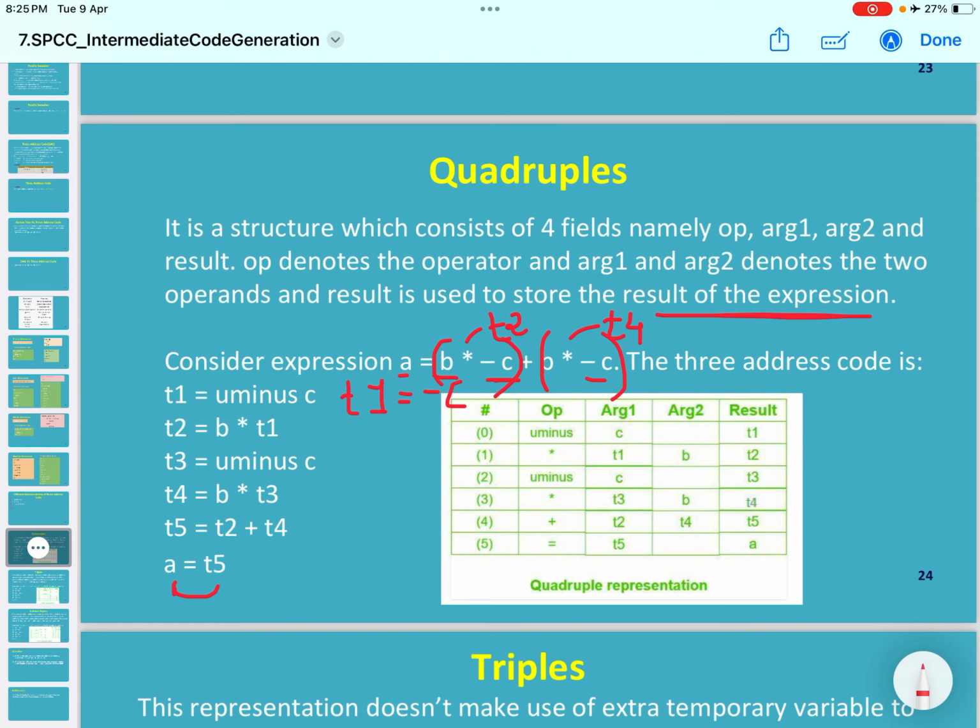So how will we write it? A hash column is there which contains the addresses, that is 0, 1, 2, 3, 4, 5. The first operator is U minus, that is just an individual minus. See, B minus C is a minus, but just minus C we denote as U minus. Operand 1 is C, so argument 1 is C and the result is stored in T1, so result is T1. Then the next operator is multiplication, argument 1 is T1, argument 2 is B and the result is stored